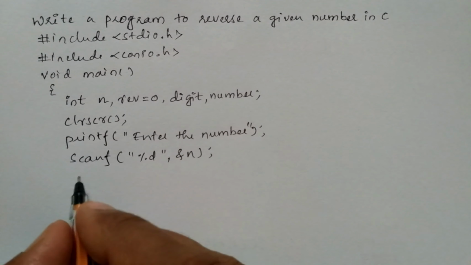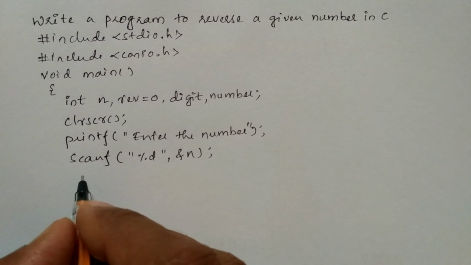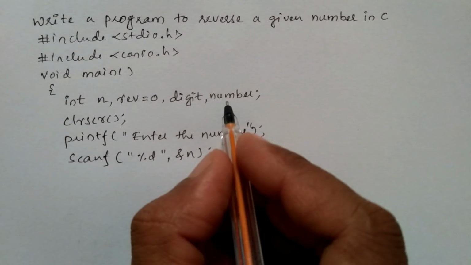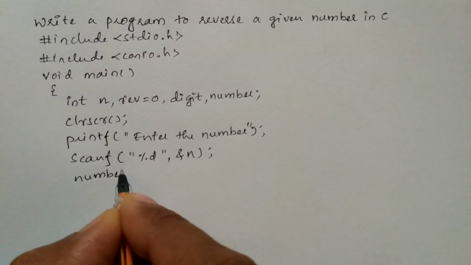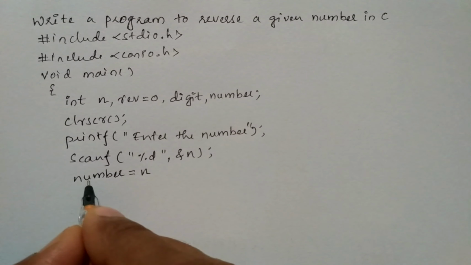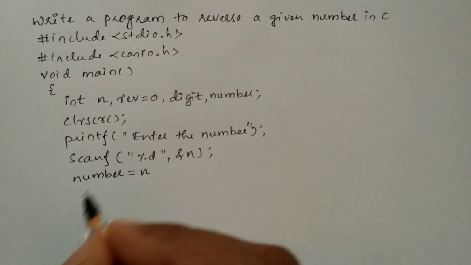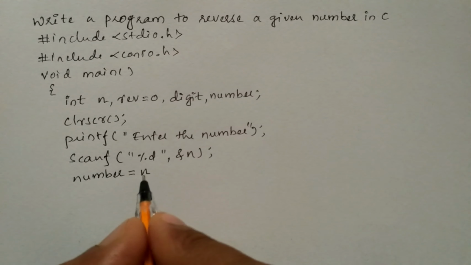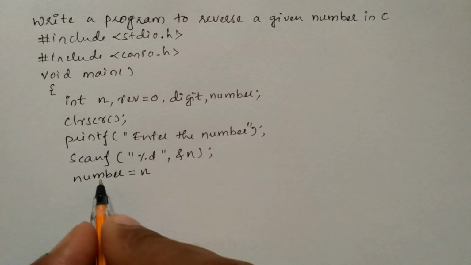So we have received the value for n, and we are going to keep this value of n intact in some other variable. Here we have already declared one more variable called number. We are going to keep this originally entered number by the user in the number variable. So this n value will be stored in number and it will be intact as it is, because we are going to use the value stored in n in our logic, so it changes its value. In order to keep the original value intact, we have to save it in one more variable.